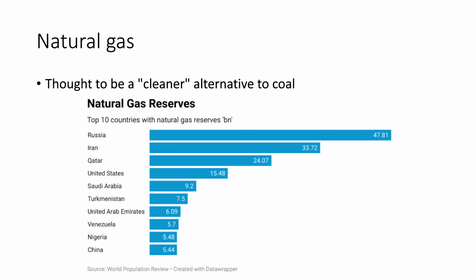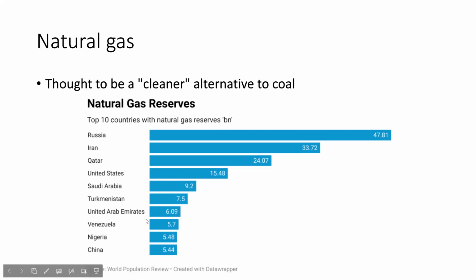And then with the natural gas, again, it's going to be a fossil fuel. It is a slightly better alternative to coal because it's not going to result in as much carbon dioxide being produced. But still, it's going to be a fossil fuel. It's going to contribute to global warming. So it's going to be something that we're ultimately trying to steer away from. But one reason that it does get used so often is because there is an economic incentive for countries that possess natural gas reserves to obtain that natural gas and then to use it as their energy source or to sell it to somebody else so that they can make that profit.